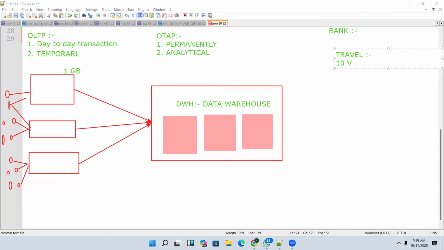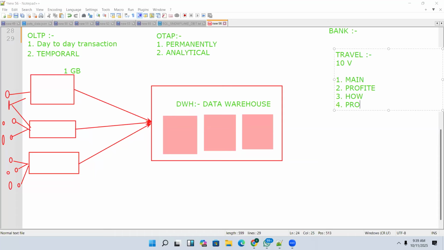What type of analytics? For example, what is the monthly maintenance of the vehicle, how much profit you are getting from that vehicle, and for 500 kilometers of travel, how much you have to charge the customer. And customer-wise, how much profit you got.